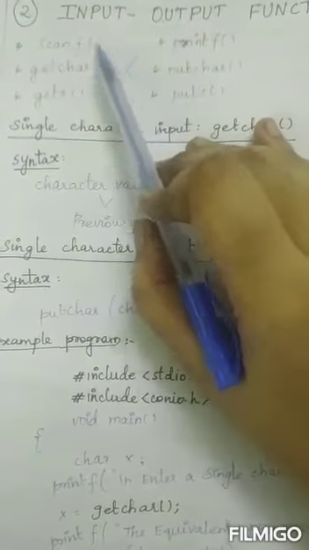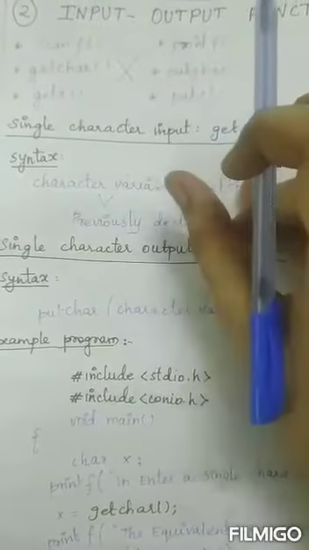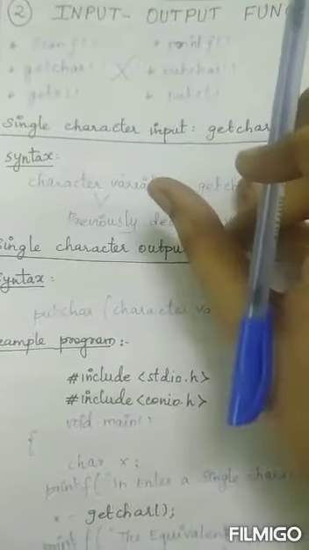So what are the functions of these input and output functions? What is its syntax? How is it used in a program? We will see everything one by one. As in the previous topic, control statements, we differentiated and studied while and do while. Likewise, here also we are going to differentiate and learn it. First I am taking getchar on the input side, then I will differentiate it with the output side called putchar. While differentiating and studying, it will be much easier to understand the concept.